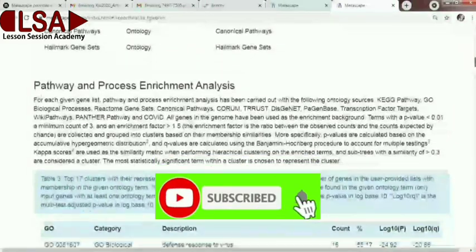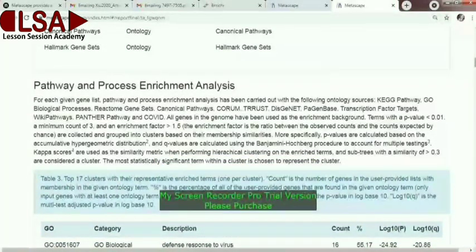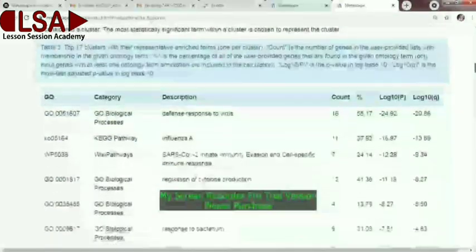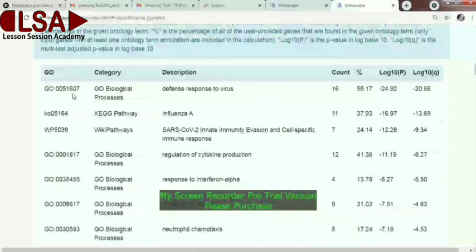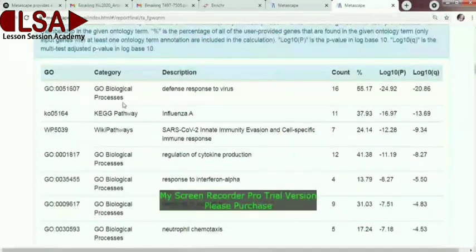And here are the pathway and process enrichment analyses, which are importantly used in Metascape. And here you can see the term ID and category which we had also seen in the custom analysis.